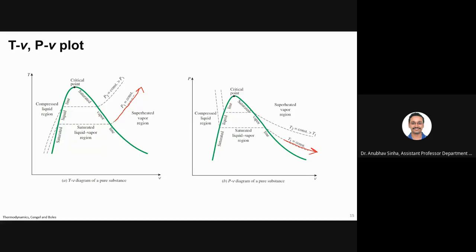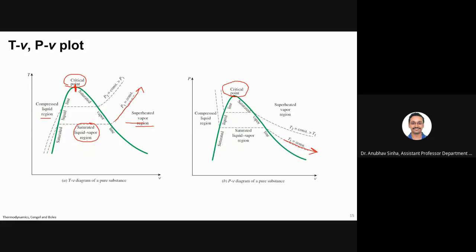Anyway, let me talk a bit about the critical point again. Let us look at this plot. When we have liquid here and vapor here, we have two different lines. This is your liquid plus vapor mixture. So this dome is basically separating your liquid, your vapor, and a mixture of them. Now we have one line for liquid, one line for vapor. But these two lines actually merge at this critical point. You see, there is no gap here. There is a continuous line here.